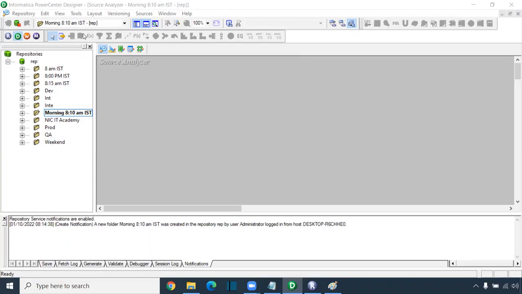Now I will go to the source analyzer. The first tool is called source analyzer. The second tool is called target designer. The fifth tool is called mapping designer. So what are these two? Transformation developer and maplet designer. What is this? These 2 tools are